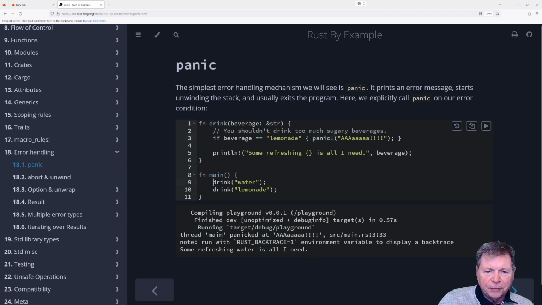Okay, so "some refreshing water is all I need" came first, and then lemonade. And then it panicked. Now it's interesting the order that this shows up, because the thread main panicked message is here, and then it shows the valid printout.